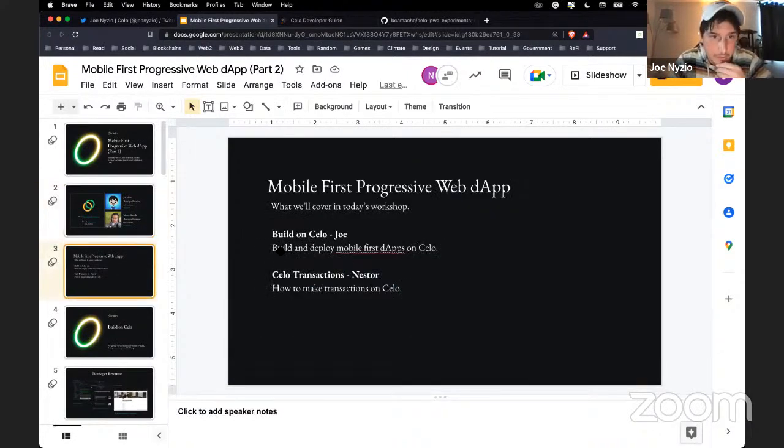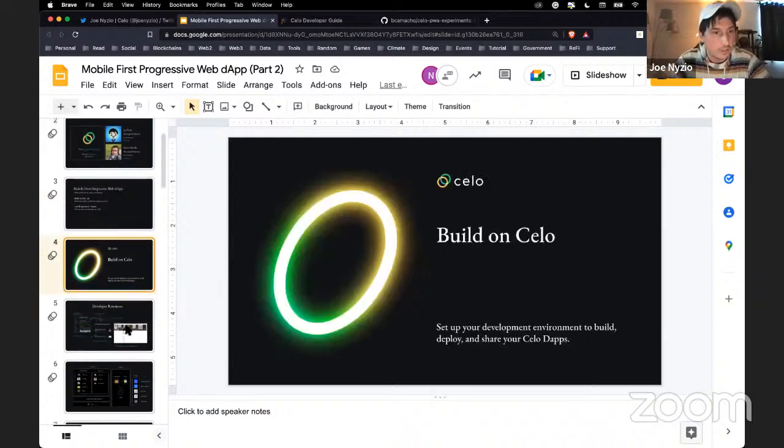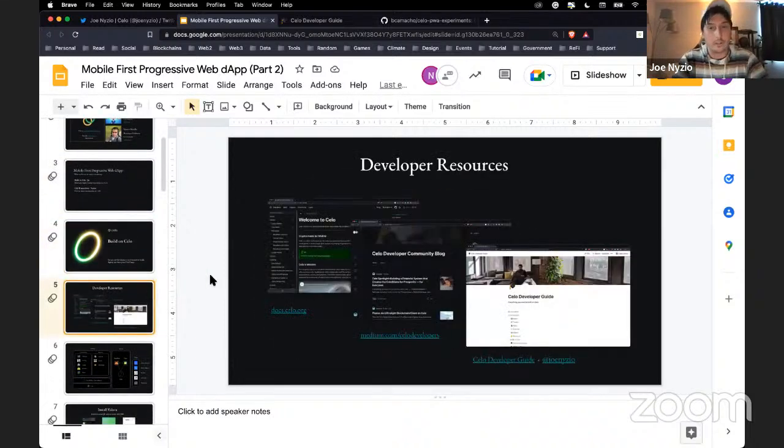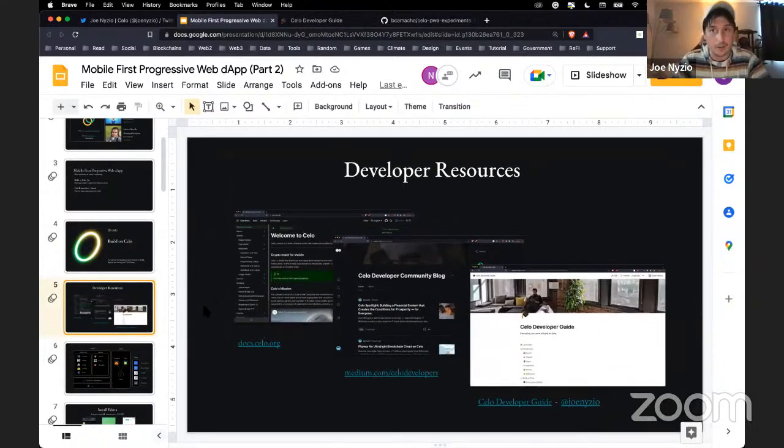So we went over this also a bit. I'm going to start now with just how to get started building on Celo. Where I like to start is just where are the resources in general? Where can you refer back to after this talk if you want to start building? The three main ones that I like are the documentation, docs.celo.org. On Medium, we have a blog for Celo developers where I write a bunch, and if anybody from the community wants to write more blogs and tutorials, they can submit it to that blog, and then we'll get you published on there too, so we can share that with the community.